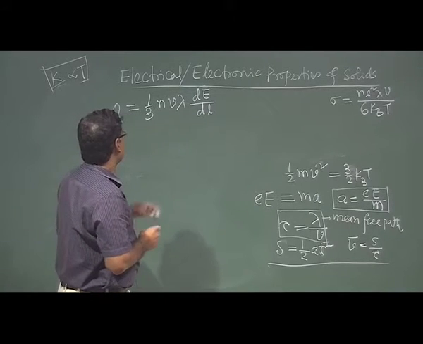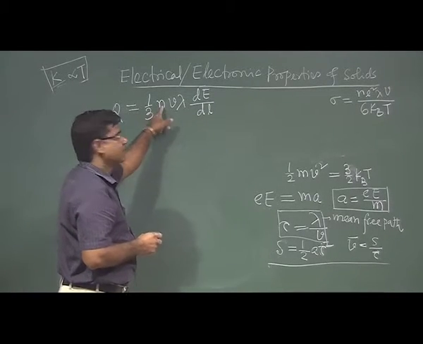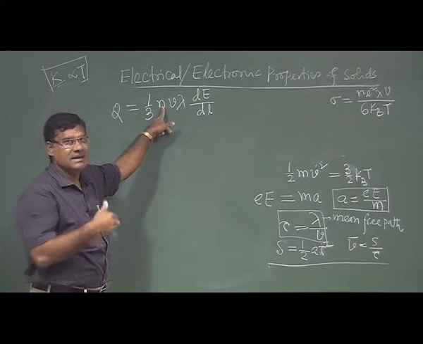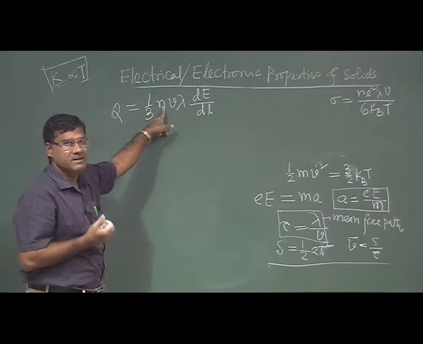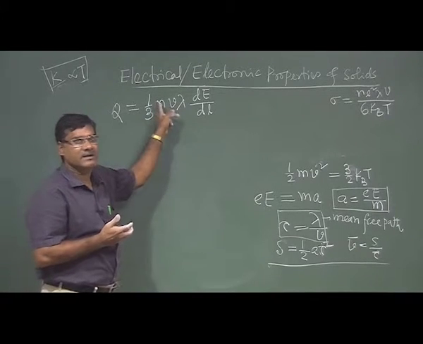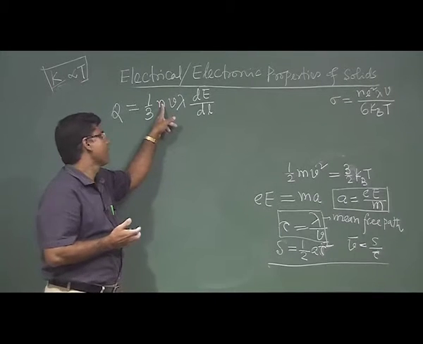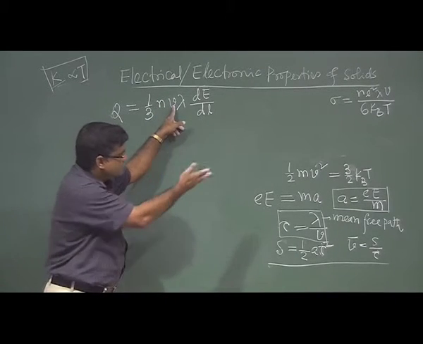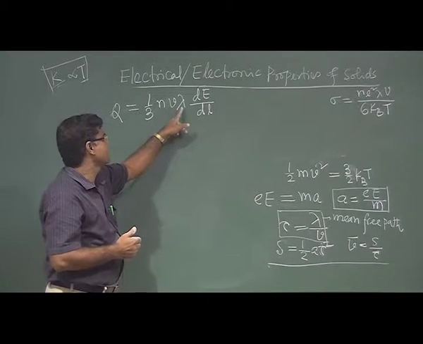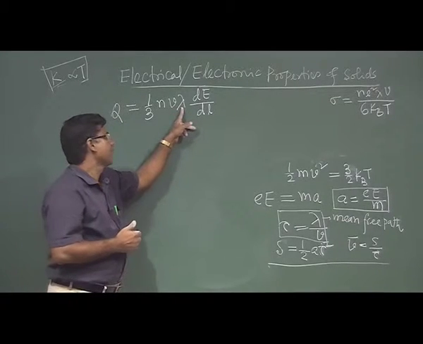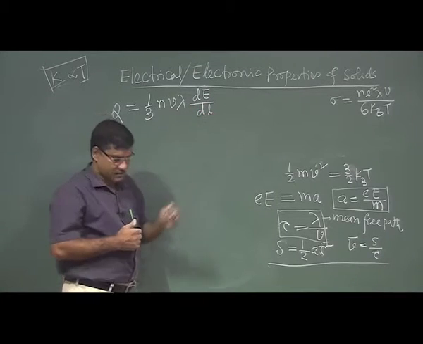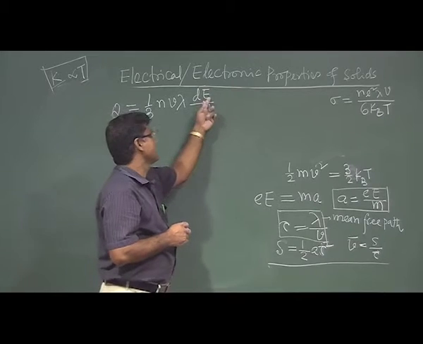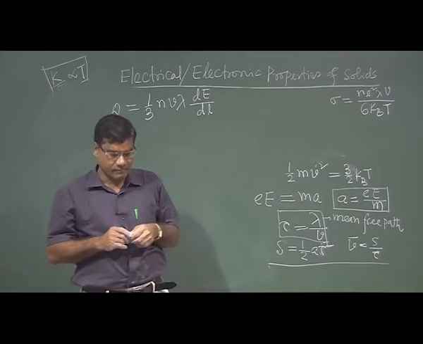Okay. So, this is the density, electron density, or gas density in the case of gas. Here it is electron density, n, v is the velocity, whatever velocity we have seen earlier, and lambda is the mean free path, and dE by dl. So, dE is the kinetic energy,